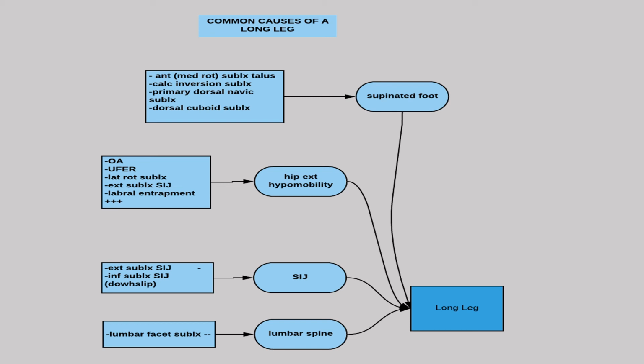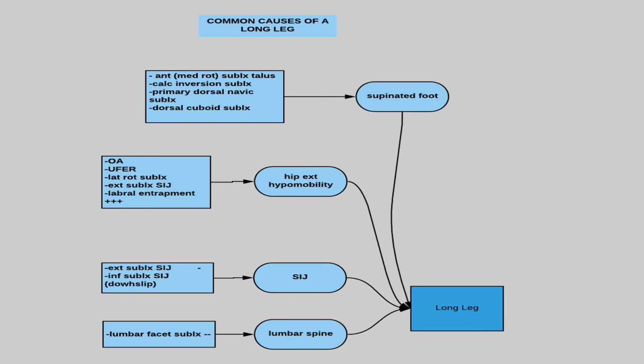Hip extension hypomobility, but only during gait, not unless there is gross flexion fixation in standing. If the hip cannot extend, then the stride length is shortened and the leg length is increased from mid-stance to toe off. Causes include lateral rotation subluxations or anterior subluxations, commonly called euphoes, primary extension subluxation of the innominate, OA